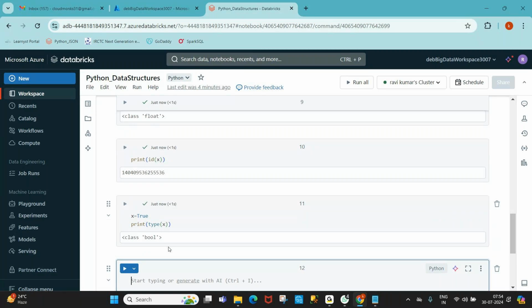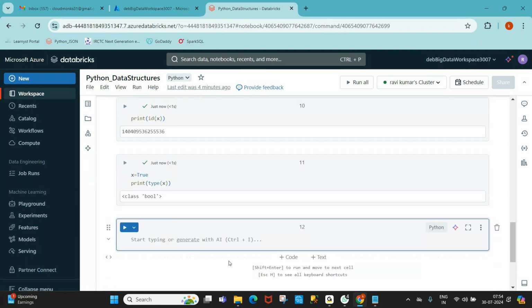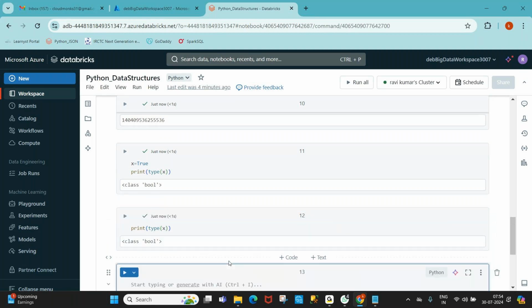Now print the memory address, so we have to say id.